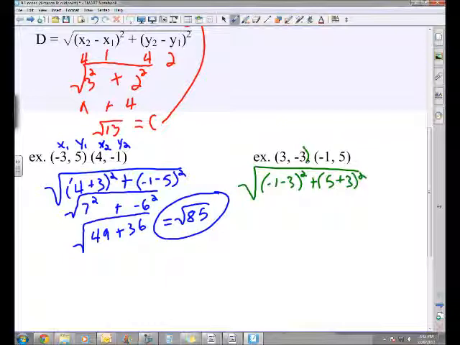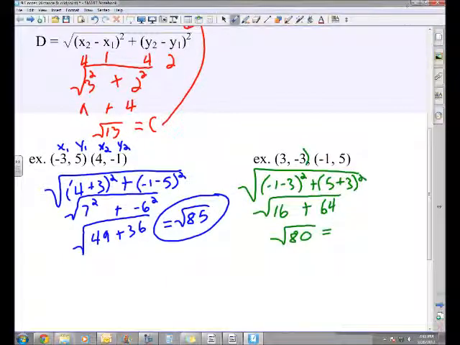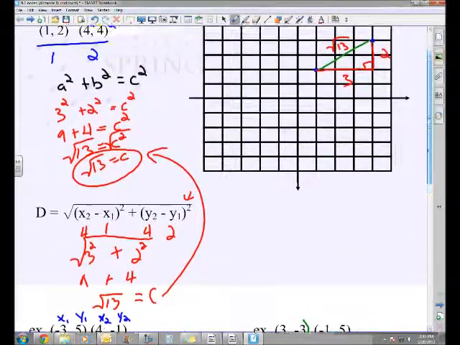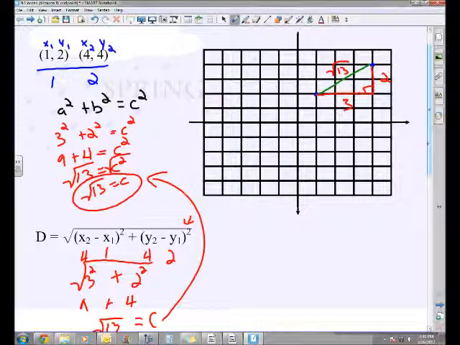Negative 1 minus 3 is a negative 4. Squared is 16. 5 plus 3 is 8. Squared is 64. We get the square root of 80. Root 80, we can break that up. Let's take out a 16. And 5. That's ugly, but we're going to get 4 root 5. Simplified, done and done. So what we found here is the distance between 2 points, this guy and this guy,